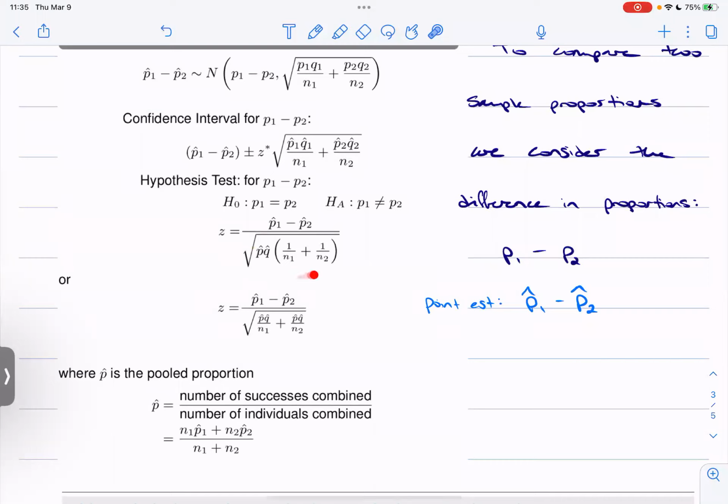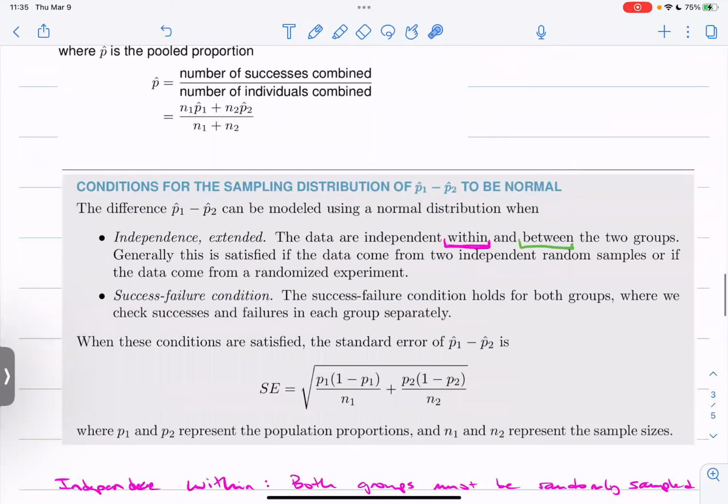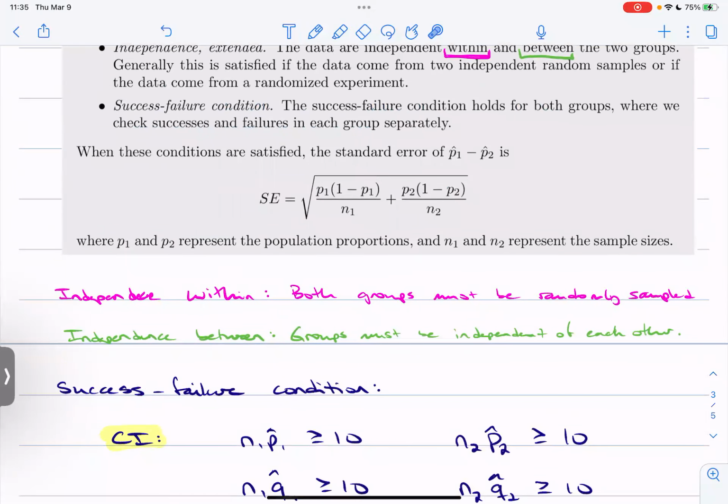Whereas if I'm doing a hypothesis test, then I have this pooled proportion that I can use. Notice that the only difference between this formula and this formula is that I've distributed the P hat Q hat over. So whichever one you prefer, here you only have to enter it once. Not a huge difference. Okay, so